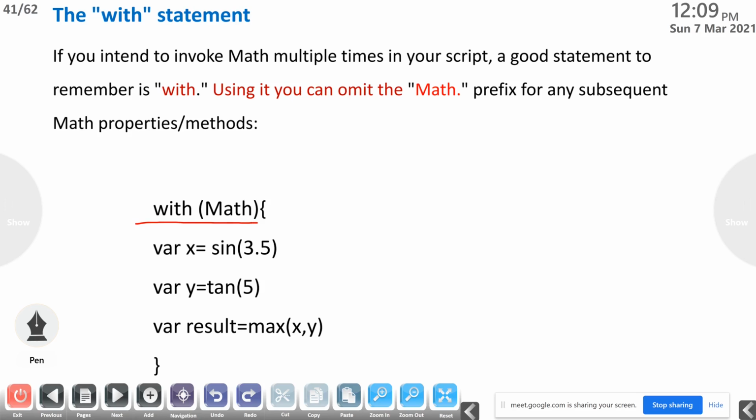This is the way we can give with Math, var x equal to sin of 3.5. It means Math.sin of 3.5. The value will be stored in x. Tan of 5 means Math.tan of 5. Result equal to max of x, y. That means Math.max of x, y. That you can use like this with Math within brackets.